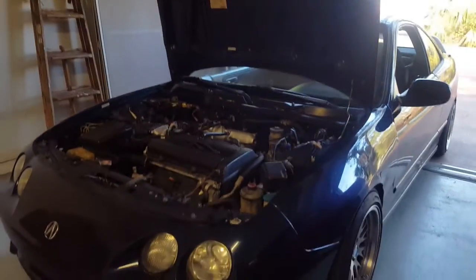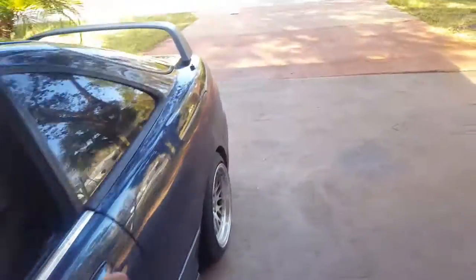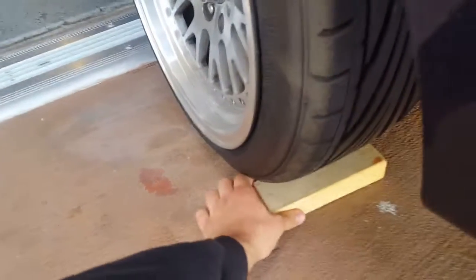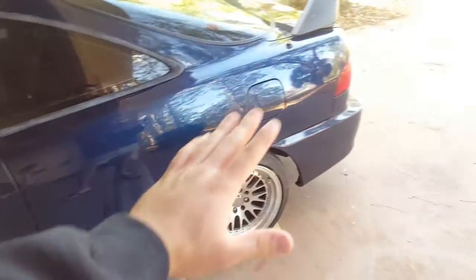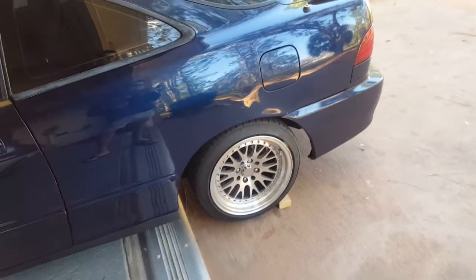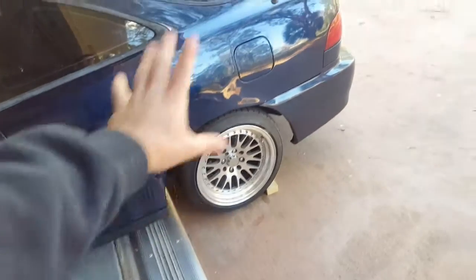Okay, so the next step that we're going to do is jack the car up, and it's important that before we start lifting the car, like we mentioned, we have our parking brake on, or emergency brake. We are going to use a wheel chock or a block of wood, stick that right under the rear tire. What a wheel chock basically does is, when you lift the front of the vehicle, the weight is transferred onto the rear, and if by any chance your parking brake fails,